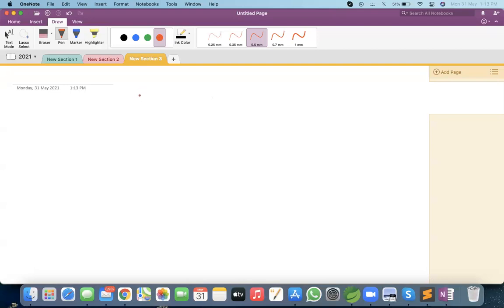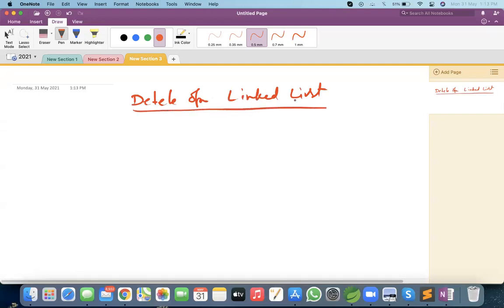So today we are going to discuss the delete operation in linked list. Last session we discussed the insertion operation, right? How we can insert: insert at beginning, insert at middle, and insert at end. So today our first operation will be